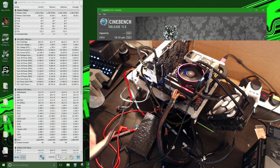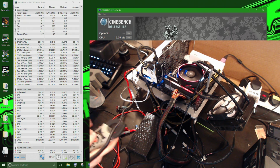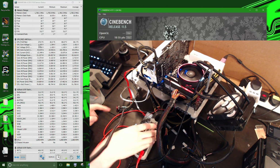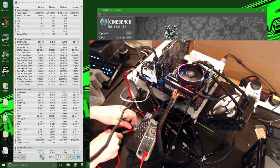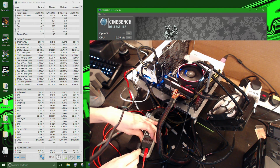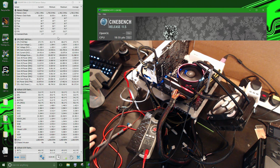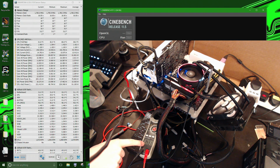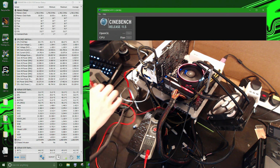that's the only way, because we can check the voltage, right? We know how much vCore the CPU is getting, and even more accurate would be to measure the voltage coming right out of the VRM. So right now we're reading 1.42, which is idle. If we run Cinebench, we're going to see that it goes to 1.43, and that's on the back of the socket. If we measure off of the vCore VRM,